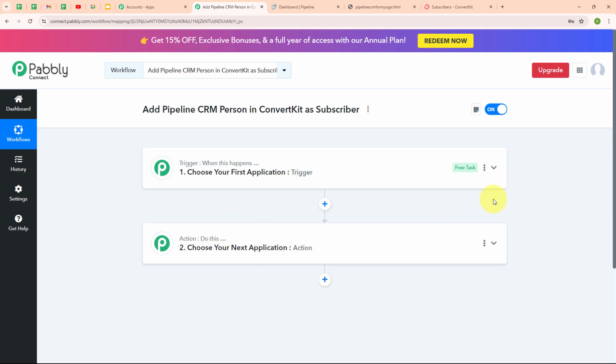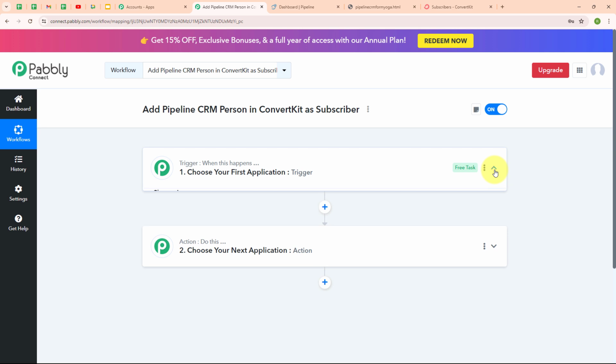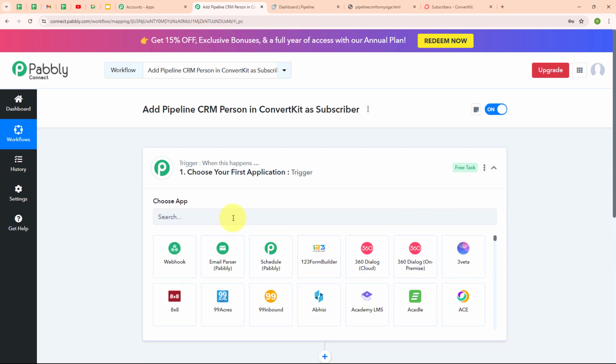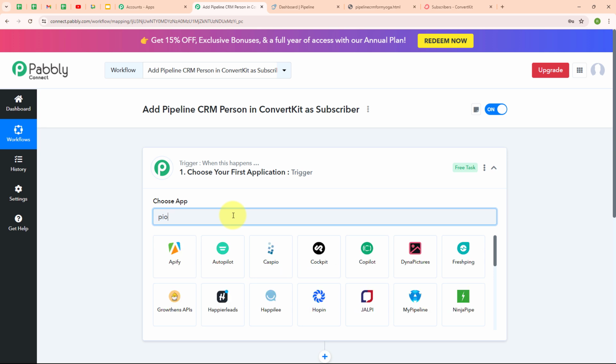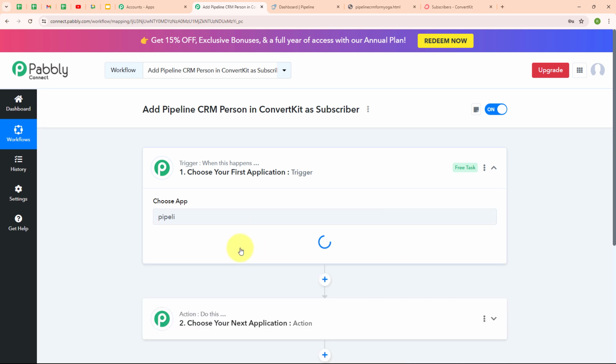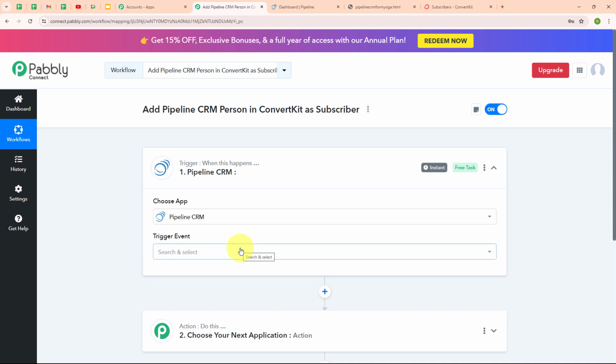Now let's begin with our automation by simply setting up a trigger. So here I'm going to select my trigger application as Pipeline CRM. So Pipeline CRM is a user-friendly customer relationship management tool designed to help businesses manage their sales processes and customer interactions.